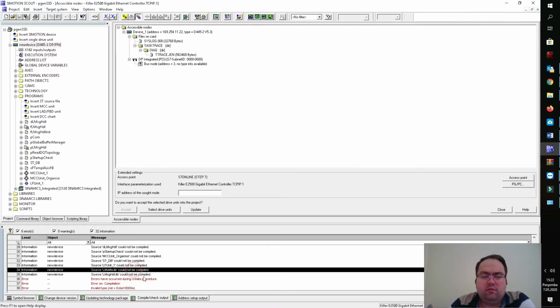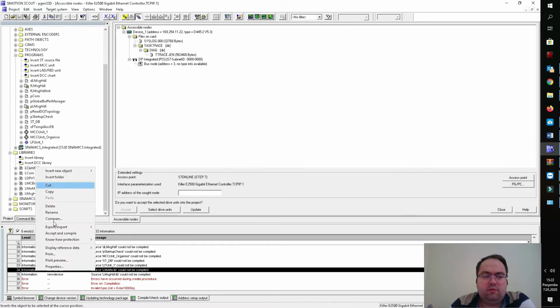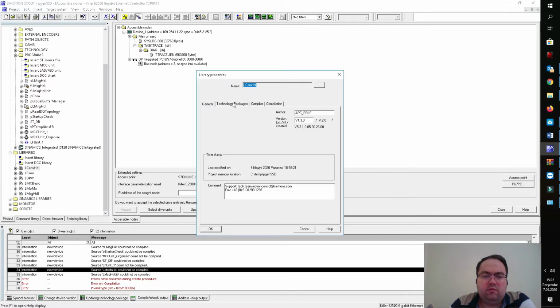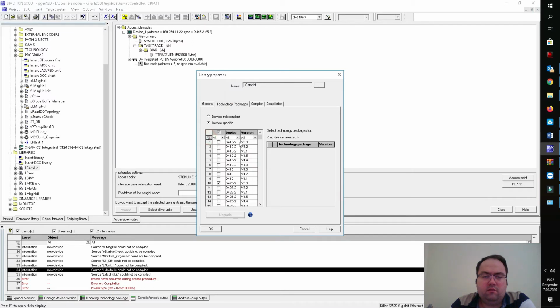So here you see some error messages related to libraries. Your libraries should support the related device version. It was with TPCam.